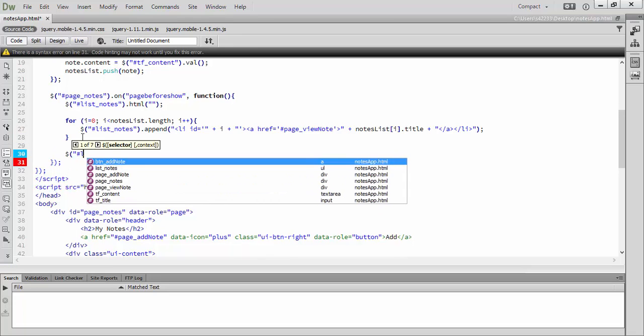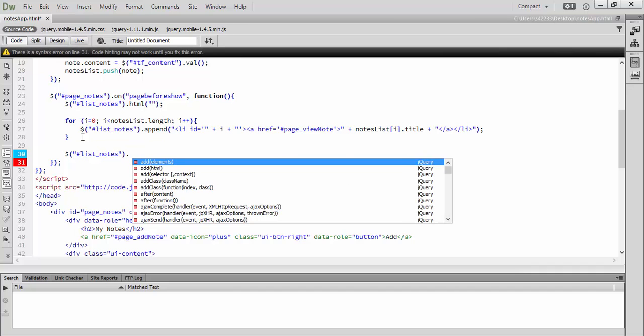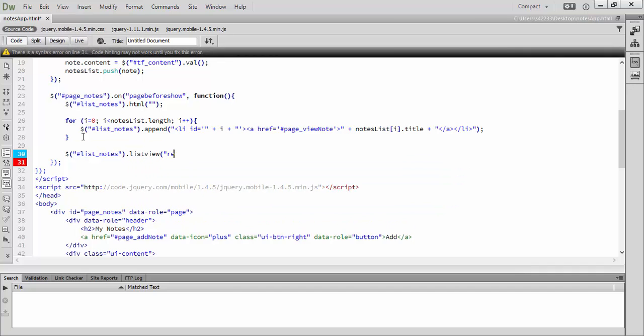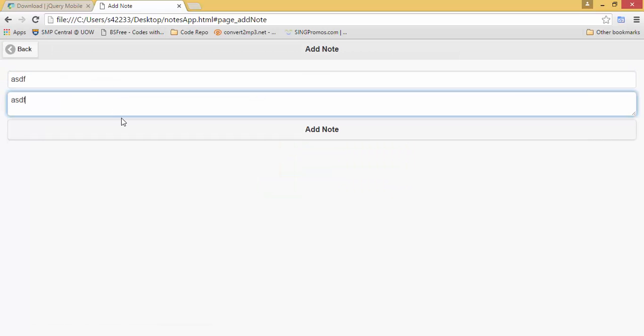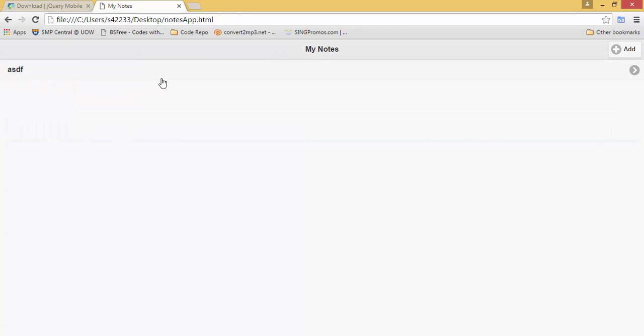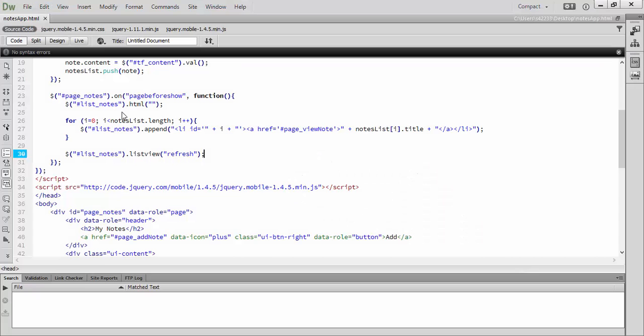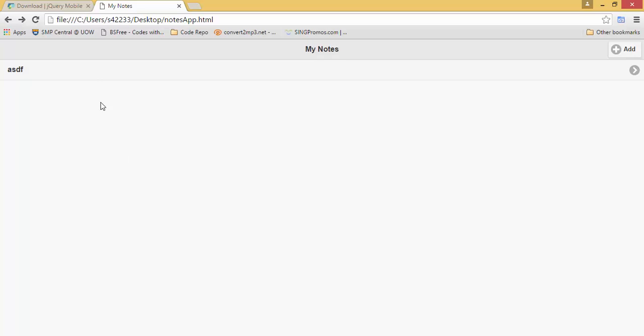So I'm going to call the nodes list listview API and call a refresh again, so that whenever I add a new item dynamically, it's going to update with the jQuery Mobile UI. Okay, code fixed. So like I said, I'm going to add new logic into the view node every time